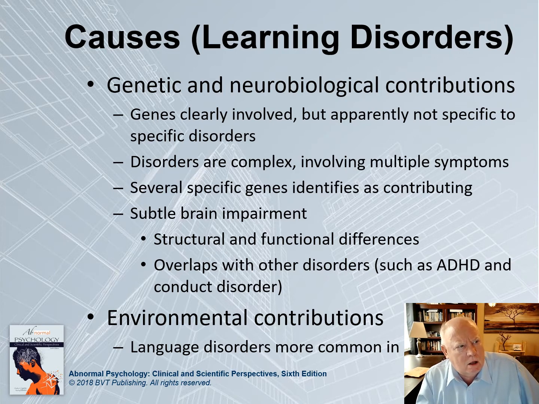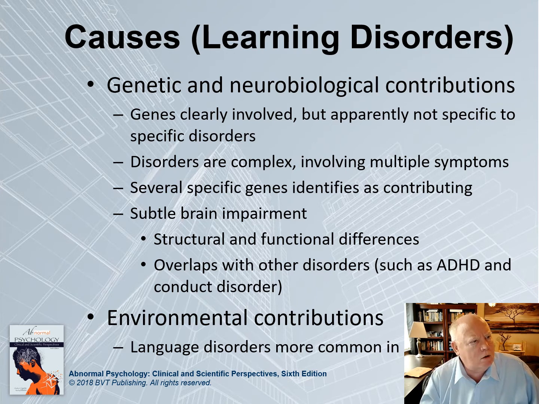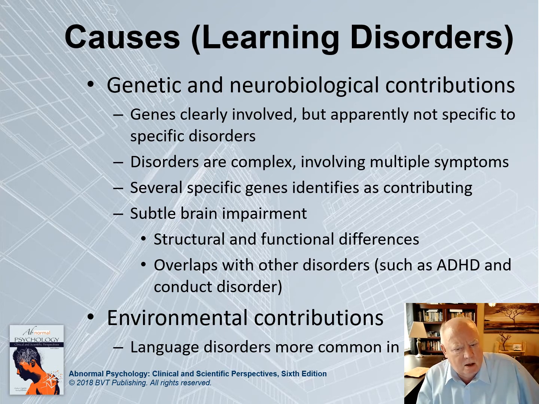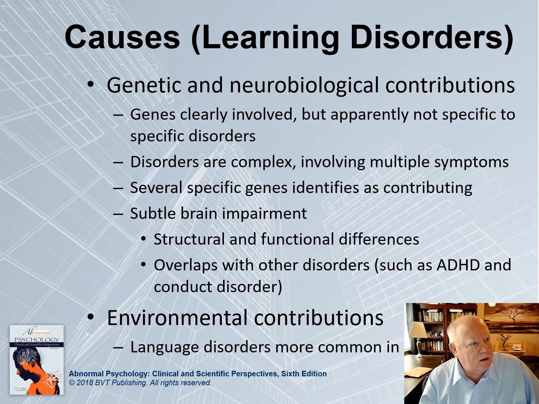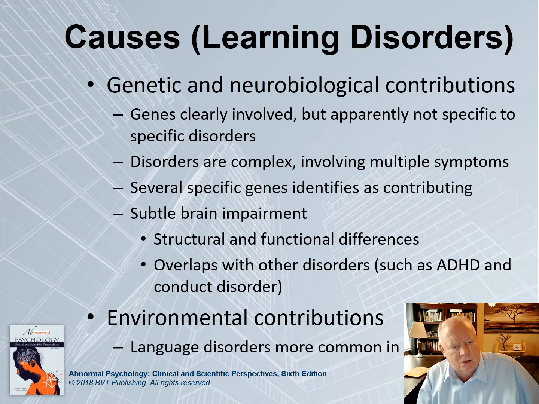And we're clearly aware that learning disorders are part of a constellation that we're going to call subtle brain damage. Okay, subtle means that it's not dramatic, but that there's evidence for brain damage in several often overlapping areas. We see, for example, that learning disorders are often comorbid with things like ADHD, attention deficit hyperactivity disorder, and conduct disorder, both of which we're going to be covering in this chapter.